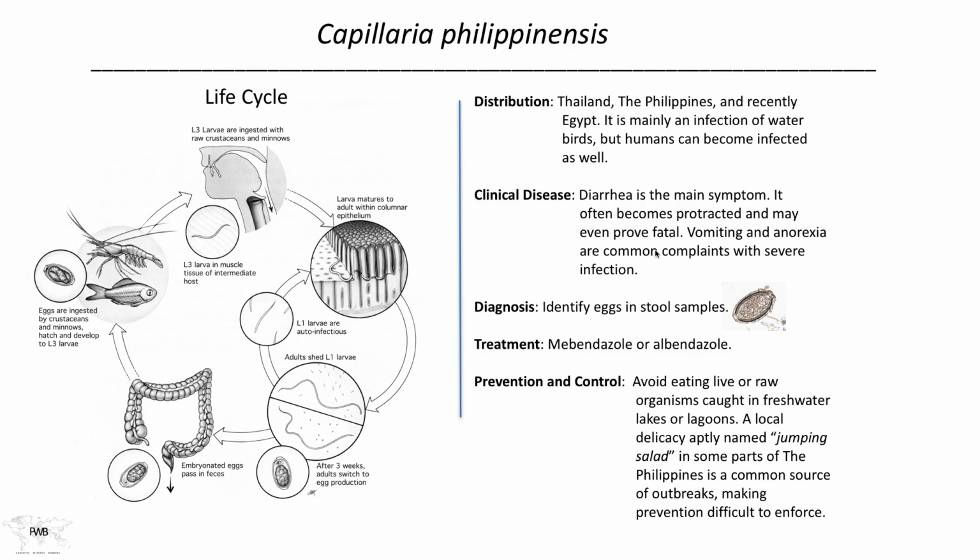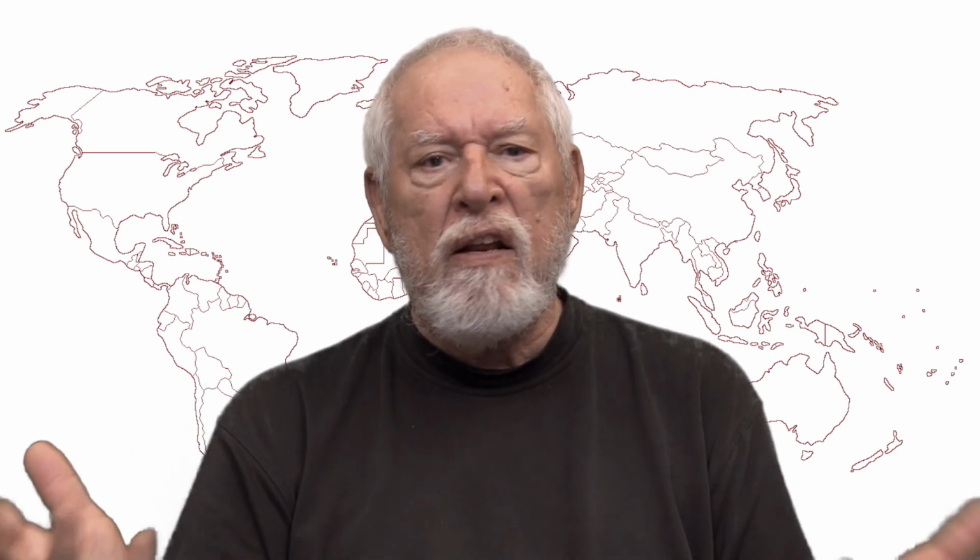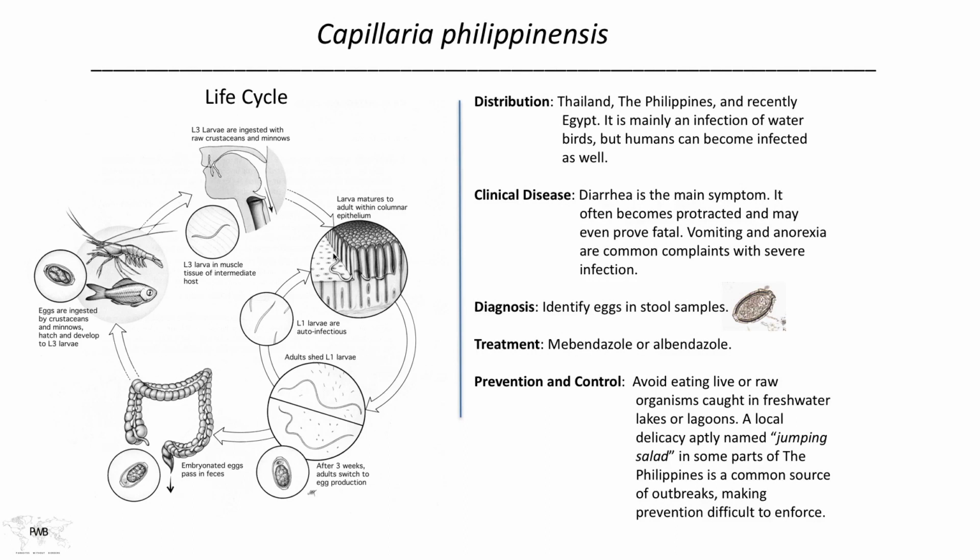The way to make the diagnosis, of course, is to find the egg in the stool. If one were to look earlier on in the infection, you wouldn't find any evidence of infection at all because the live larvae, all of them, reestablish the infection in the gut tract. Once the diagnosis is made, mebendazole, our old friend mebendazole, or the derivative albendazole, has proven very effective in getting rid of all the adult worms in the gut tract.